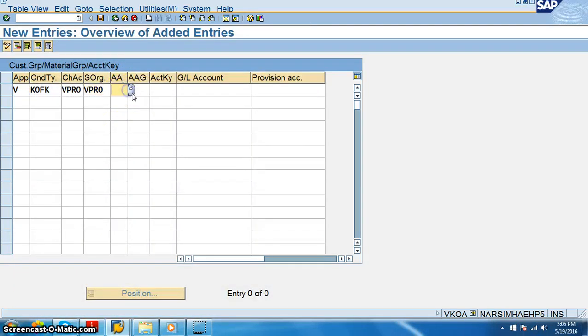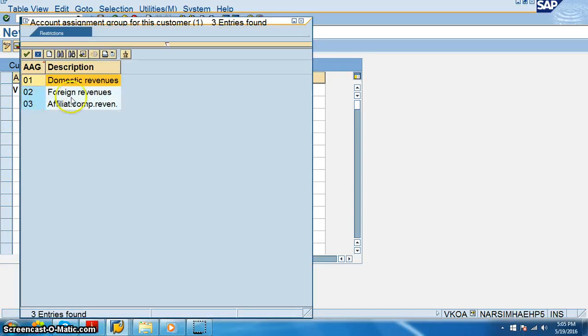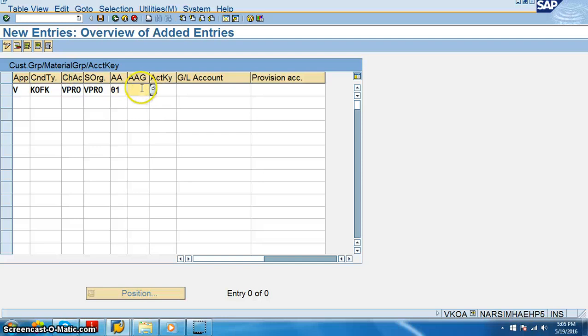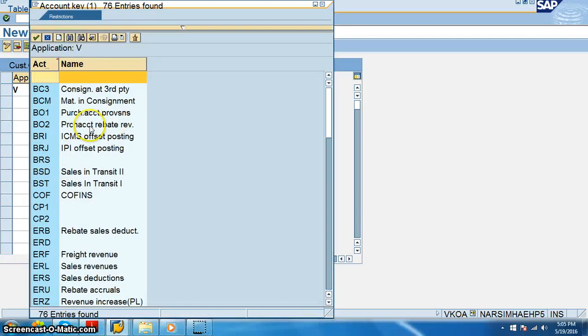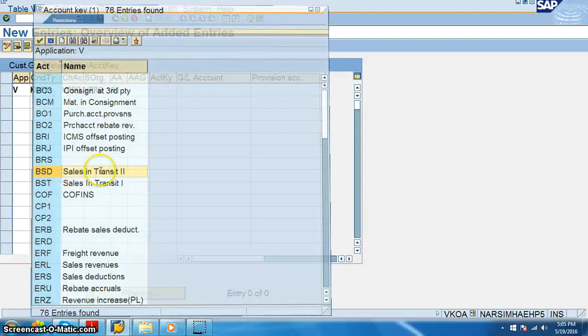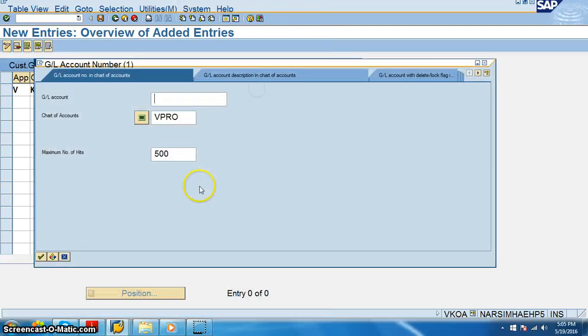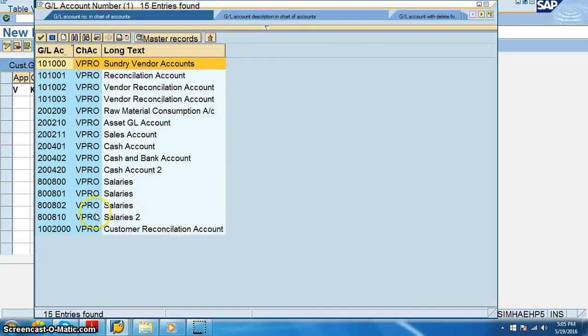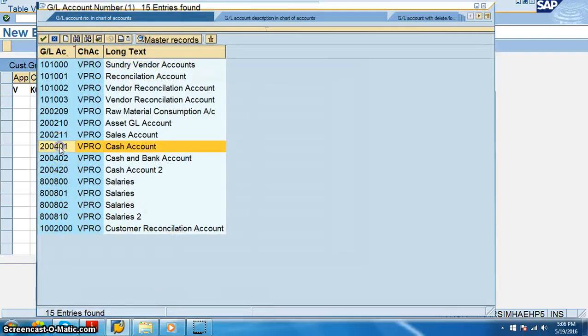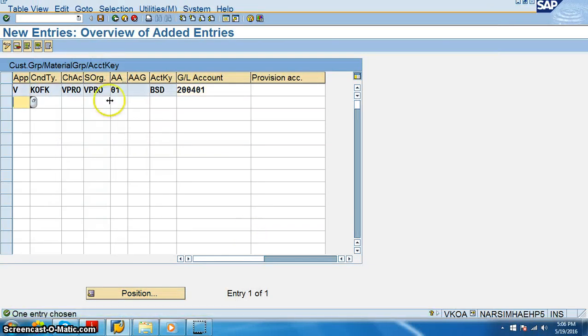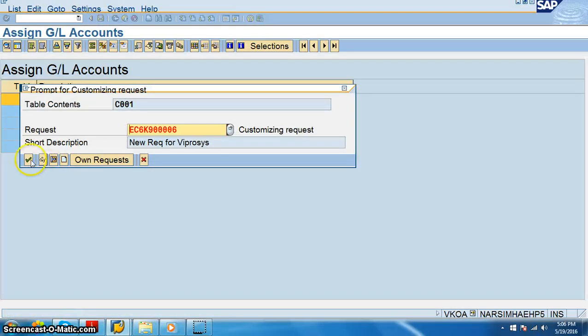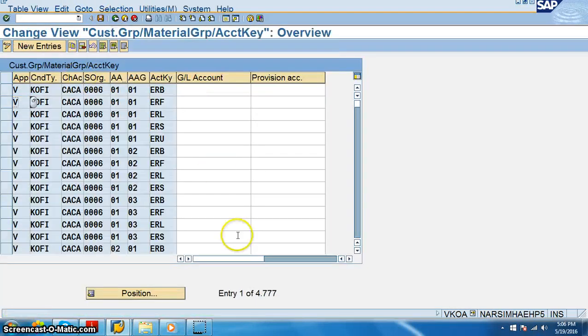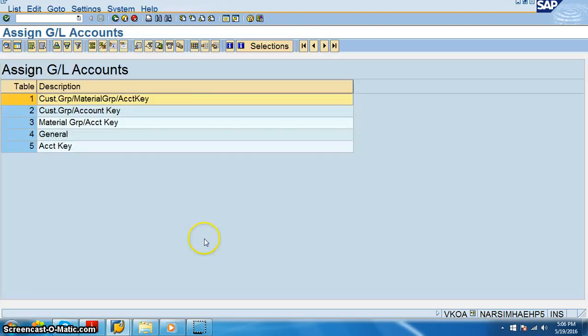So account assignment, domestic revenues, account key, GL account, you can give some GL account here, cash account, say OK, save, and back, and back.